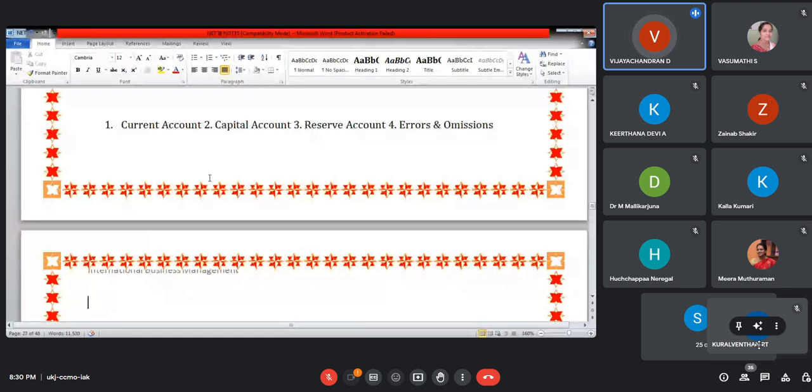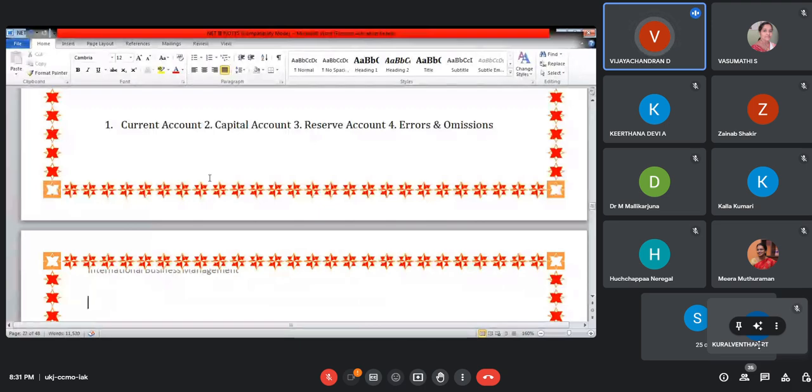And a reserve, you are having SDR, special drawing rights, the foreign currencies, investment reserves, that will be coming under the third account, reserve account. And if any adjustment, if any mistakes, that will be rectified in another account, that will be errors and omissions. So majorly we are having two accounts: current account and capital account. The items which are not capital nature, that is recurring nature, the recurring nature transactions will be recorded in the current account, and the capital nature will be recorded in the capital account. Reserve, as you know, is your foreign currency reserve.